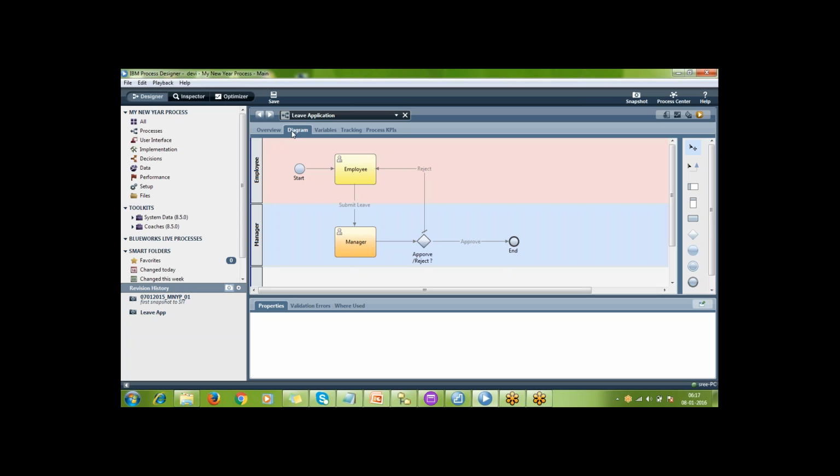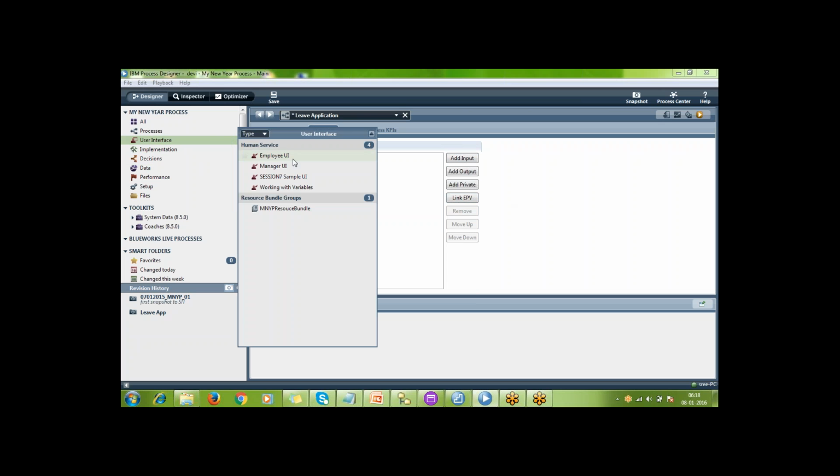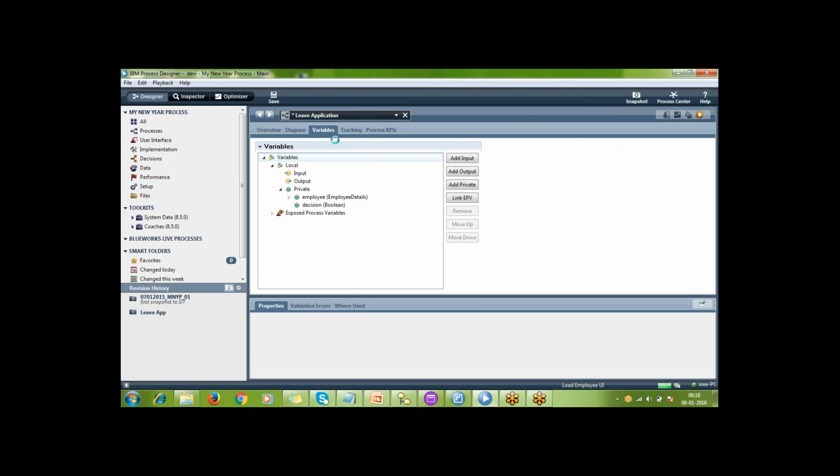One more thing is that the resource bundle you can use in the services, not in the BPDs. In the BPDs, we have the option to link an EPV, but we don't have the link for the resource. Resource you can use only at the service level.